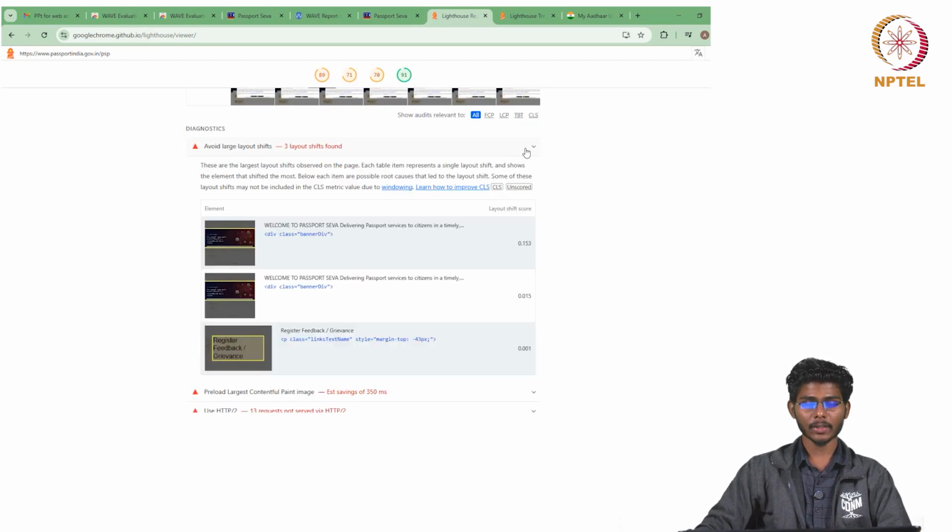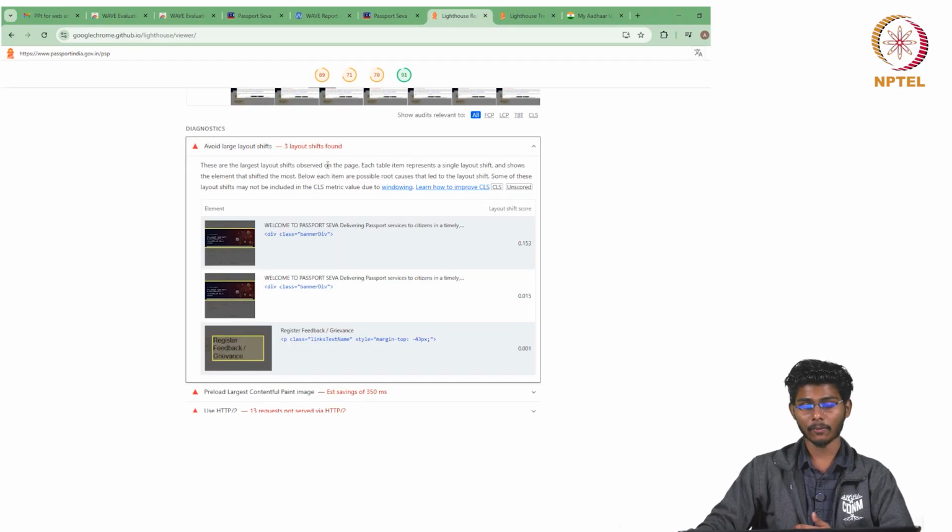So, in the diagnostics, as you can see, it is saying to avoid large layout shifts, meaning if any table or anything that is loaded in the website can be rendered or solved such that we can minimize this large layout shift.